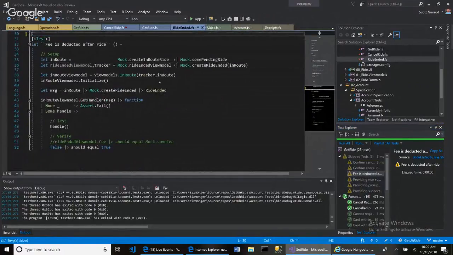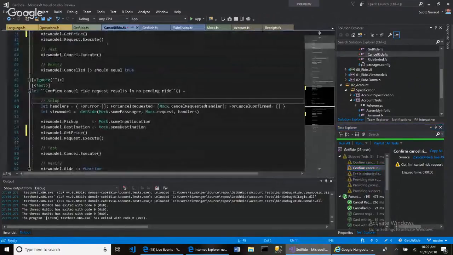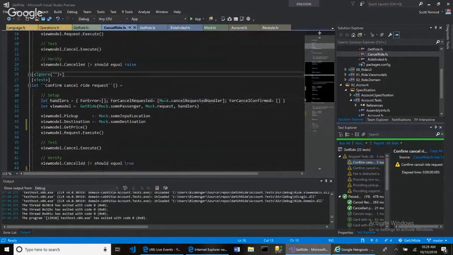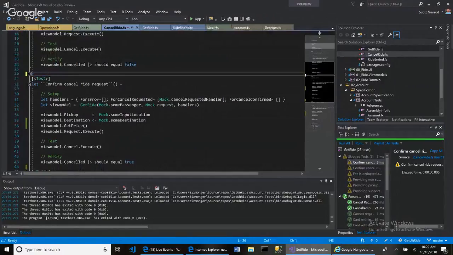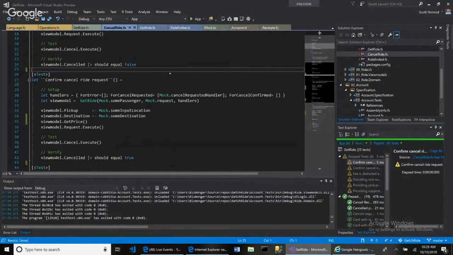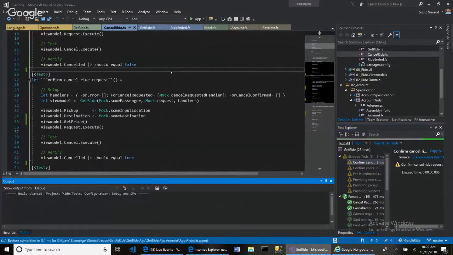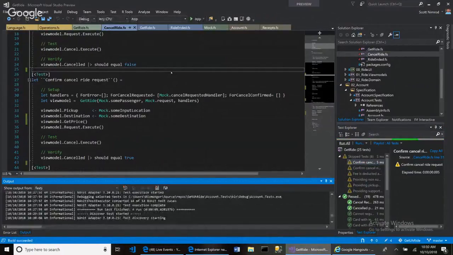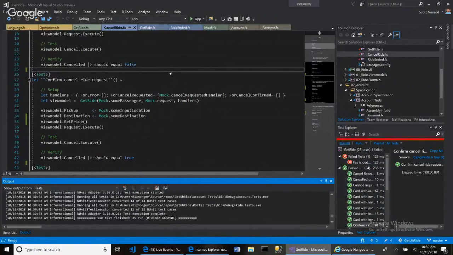And this ignore can be removed. And up here, that ignore can be removed. So then I do run all. And